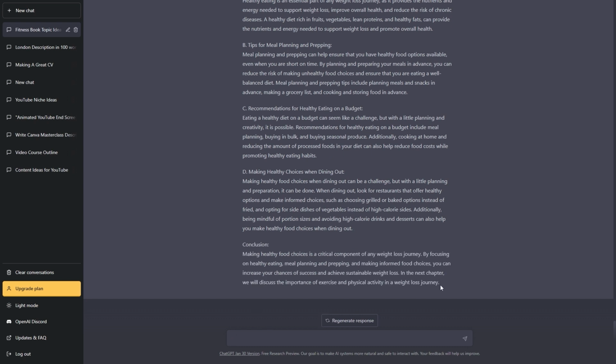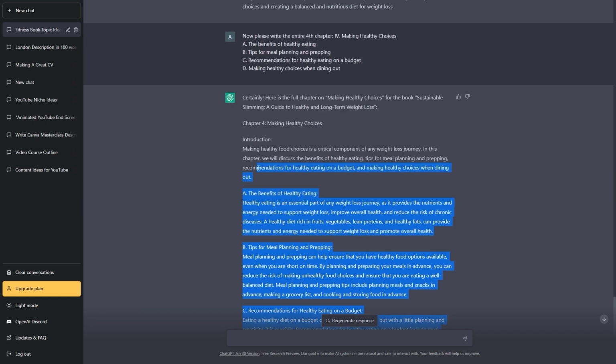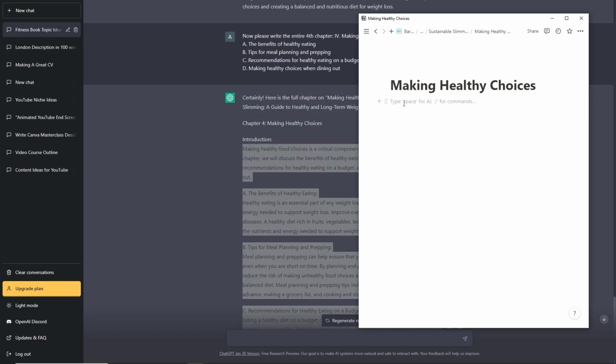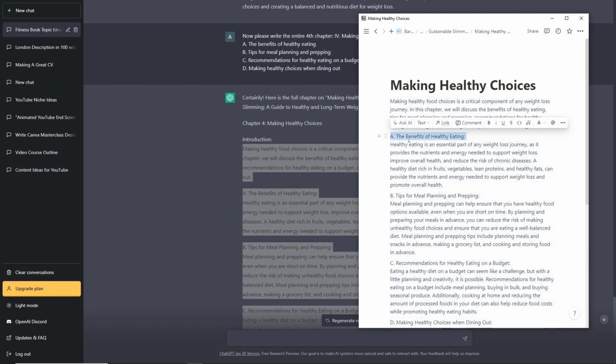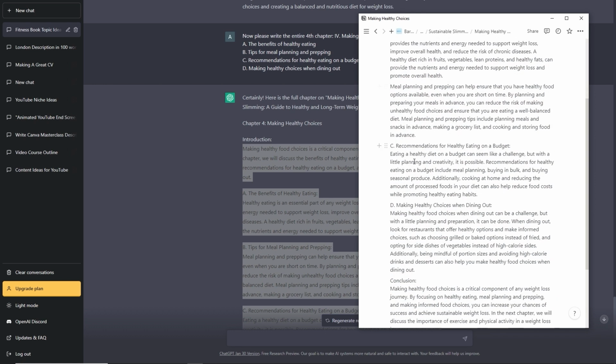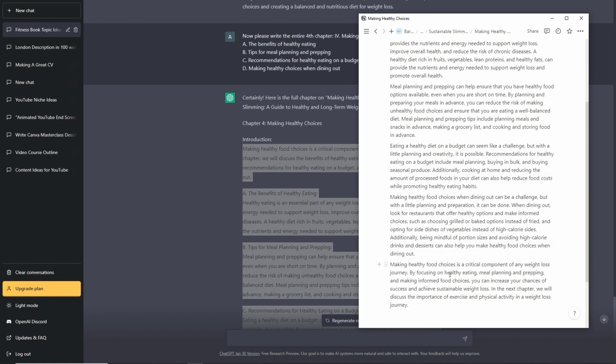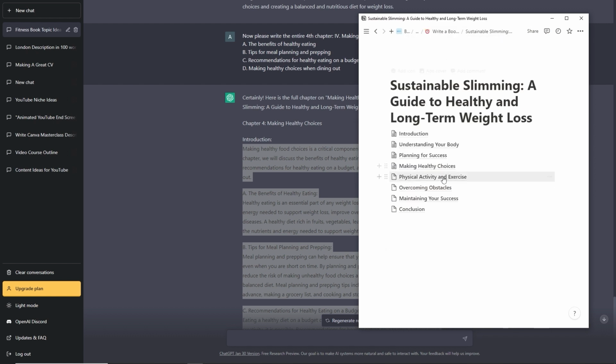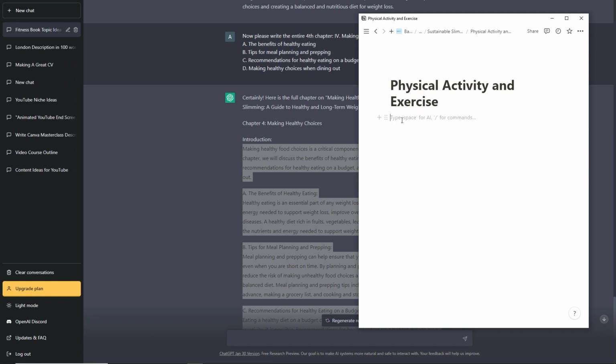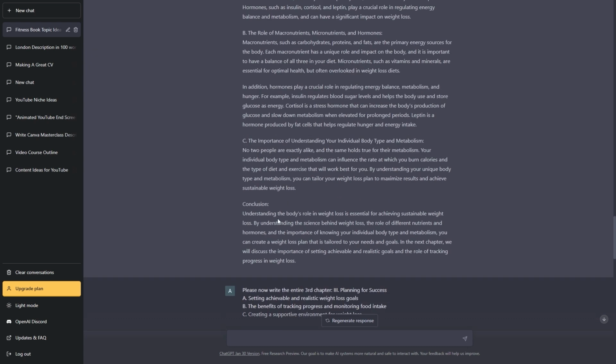There we go. So that chapter has now been written for us. So let's copy all of this and paste it in just here. Then once again, we don't need any of these headings. And the next chapter is done. So after that, we'll go to the physical activity and exercise chapter. So let's go back up to the outline